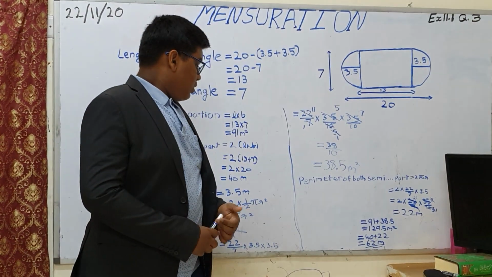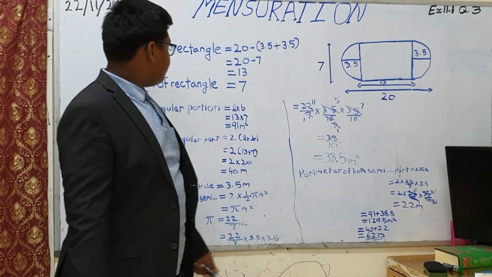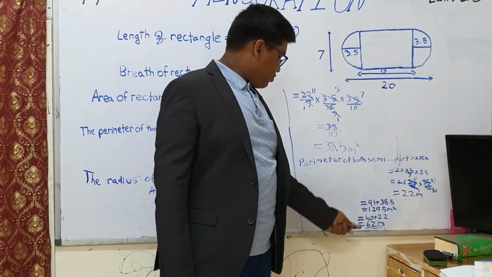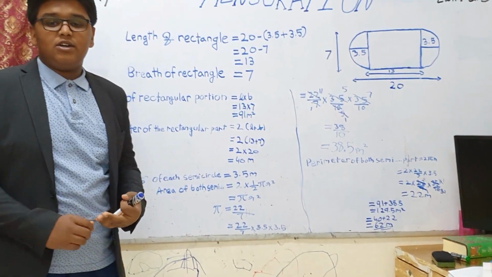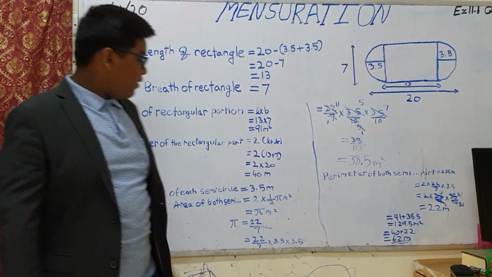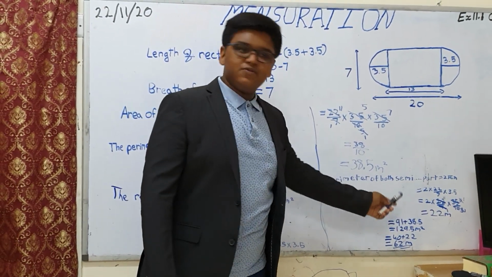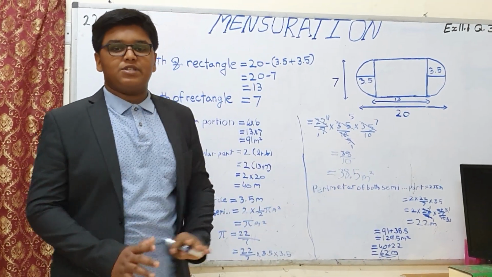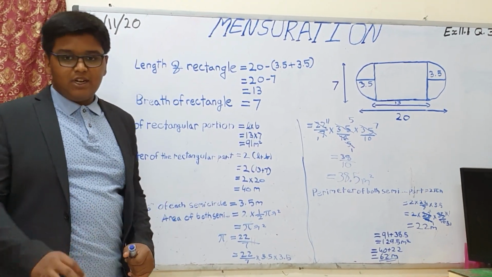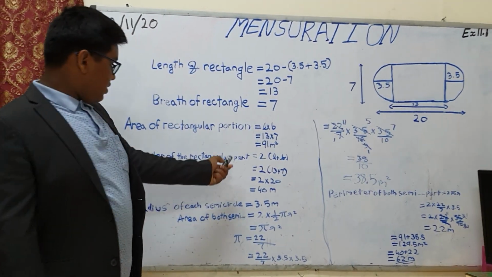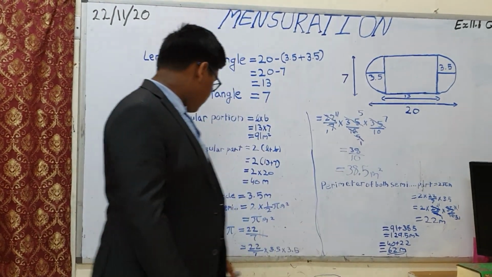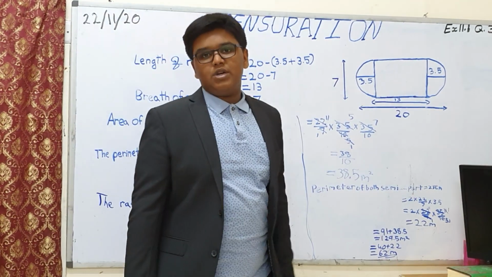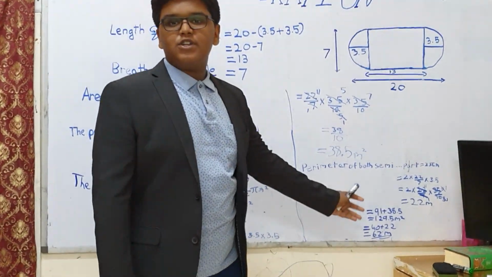Now in the final result, the 40 plus 22. Now where did we get 40? 40 we got as the perimeter. Now they are saying find the perimeter and area. We have found the area, which is 129.5 meters square. Now we have to find the perimeter, which is still left. Now the perimeter of the rectangle is 40 meter, and the perimeter of two semicircles is 22 meters, which is equal to 40 plus 22, which is equal to 62 meters.